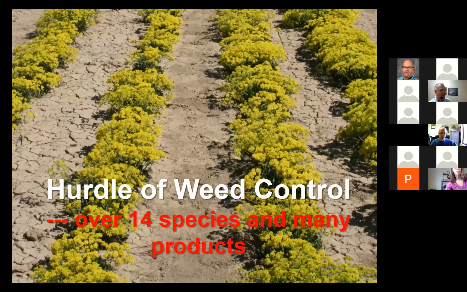Okay, let's go to weed control. One of the problems with weed control with planting these native plants is that you plant them in the fall and you have a huge period, months, when the seed is just sitting there, and weed seeds can also germinate and grow. So by the time spring comes, you're fighting all the weed seed with the native plants. And the problem is we don't have any herbicides that you can apply at planting. So you have to wait to establish the stand and then put the herbicides on.